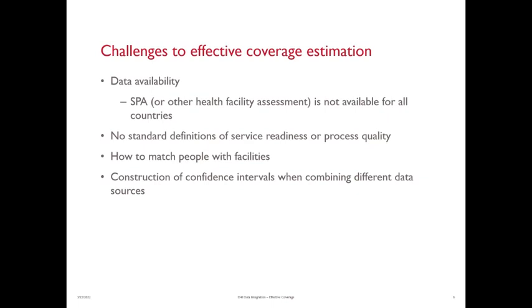Third, there are different approaches to linking individuals with facilities. If the data are available, we can use direct linking approaches to identify the specific provider and facility that an individual visited. Alternatively, we could use an indirect or ecological linking approach that aggregates findings from households and individuals within a geographic area to providers and facilities in that same geographic area, which can be a cluster or a district or a region. Which approach you choose often just depends on what kind of data you have.